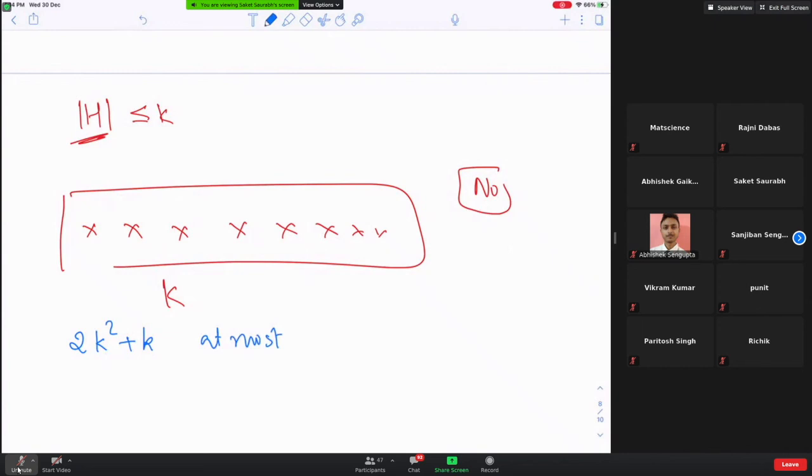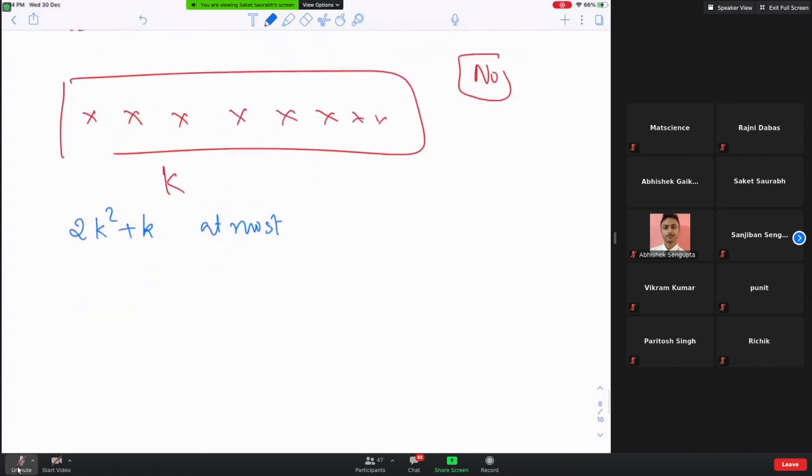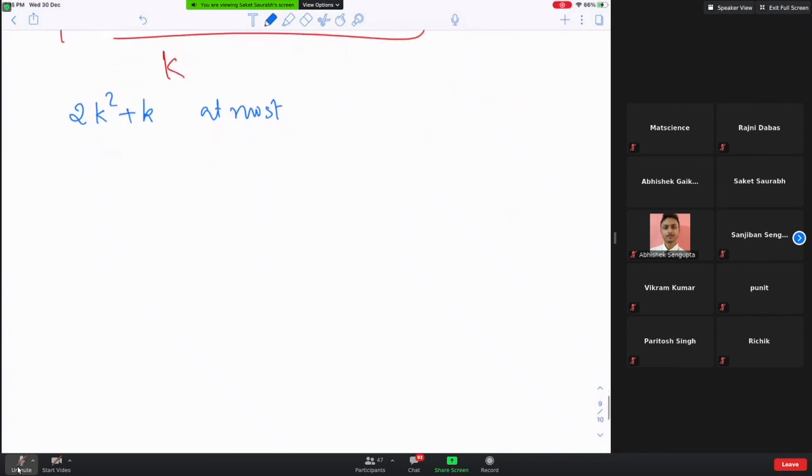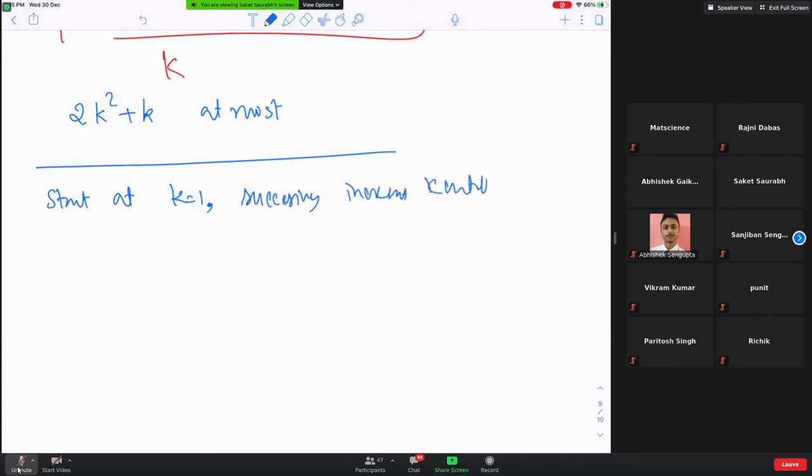Now why did I say that this is an approximation algorithm? I want to prove to you that this is an approximation algorithm with factor root n, and this is what I was trying to do a few minutes back, and I probably confused all of you. So this is the algorithm we are going to apply. We start at K equal to 1 and successively increment K until a solution is output.